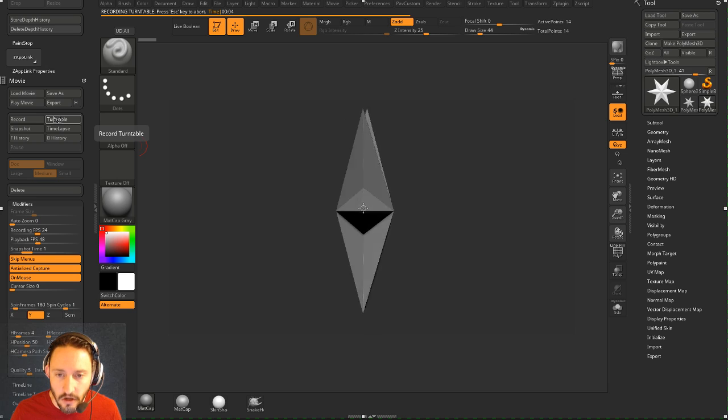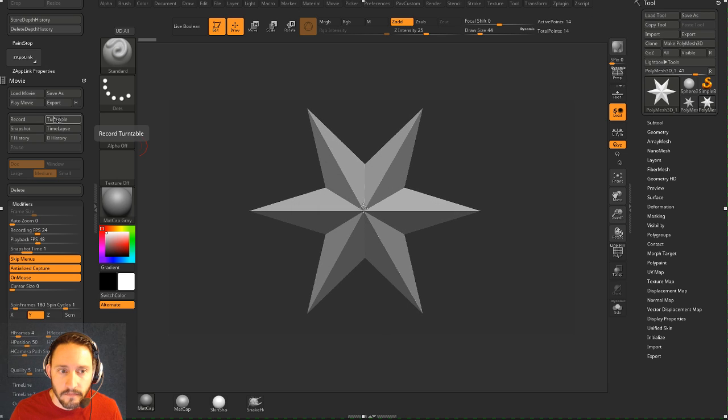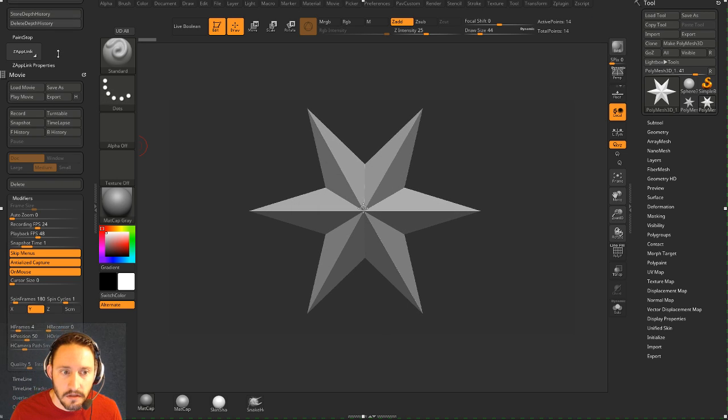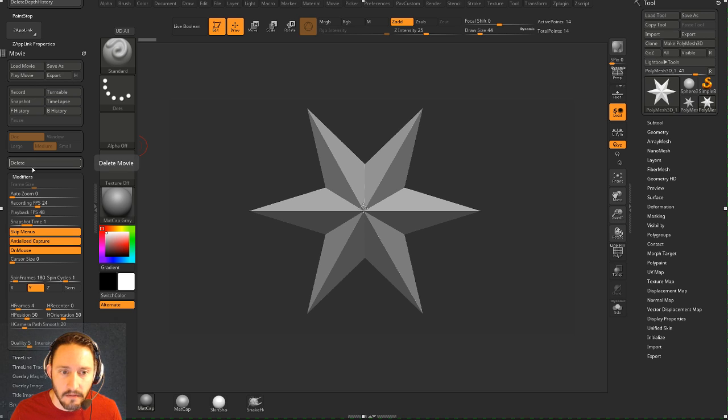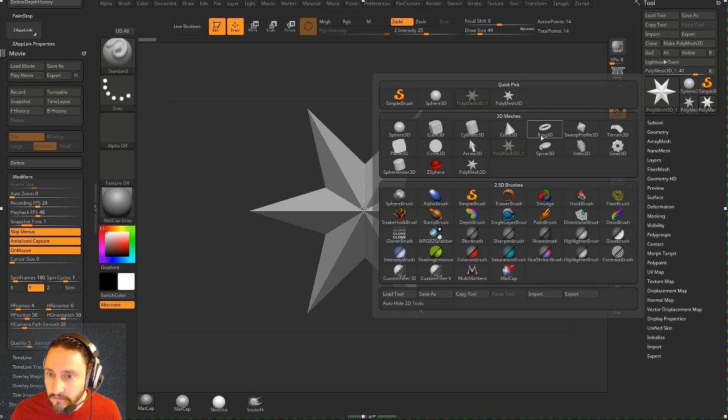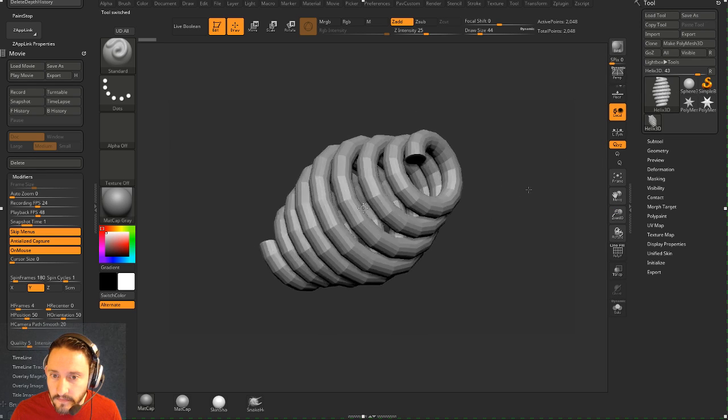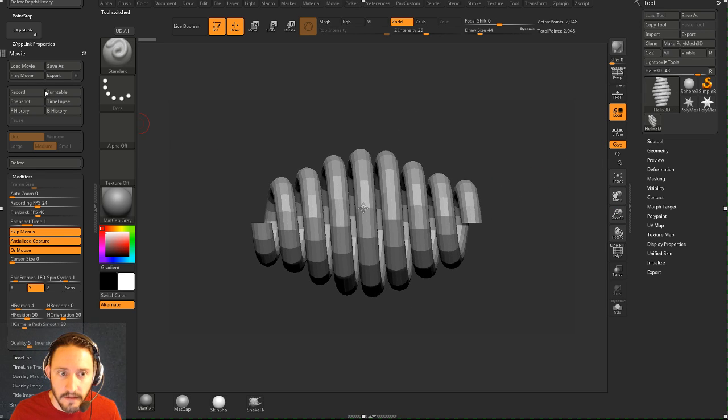Now, you're going to see when I do that, I have a delete button now. I can delete my movie. If I don't delete this and I say swap this out for a helix, and we do it this way, and then I do another turntable,